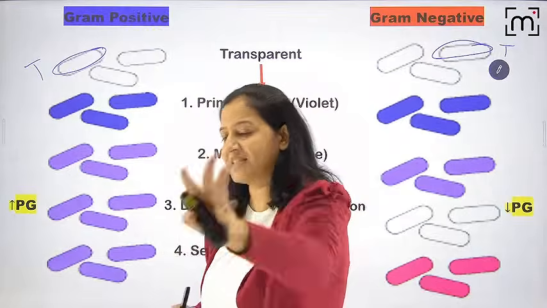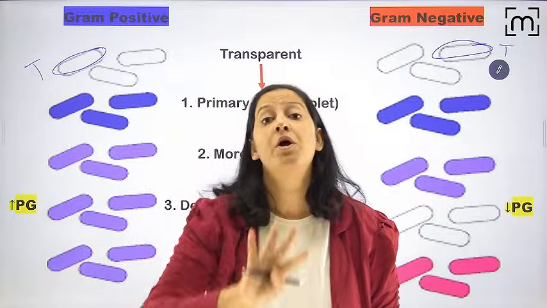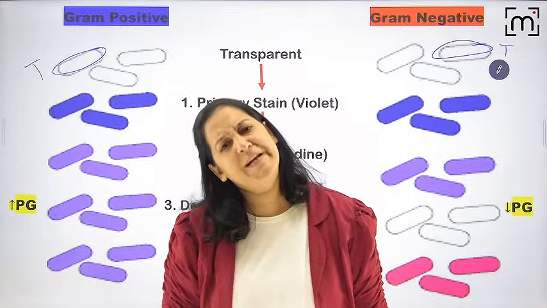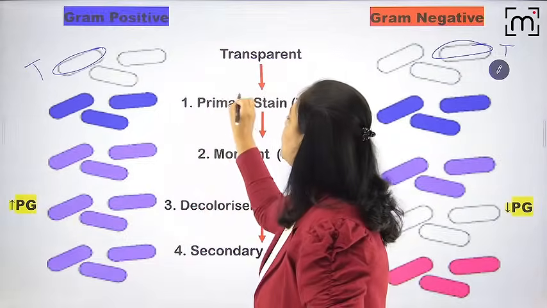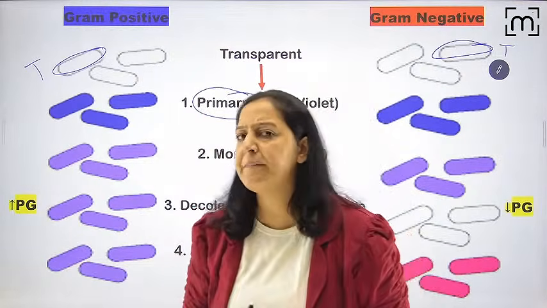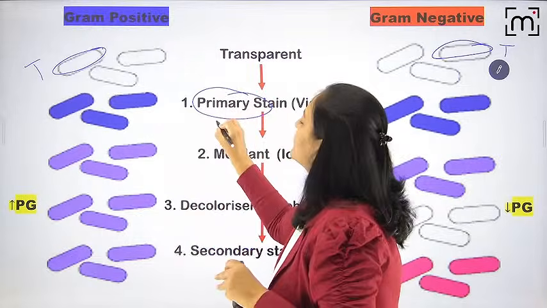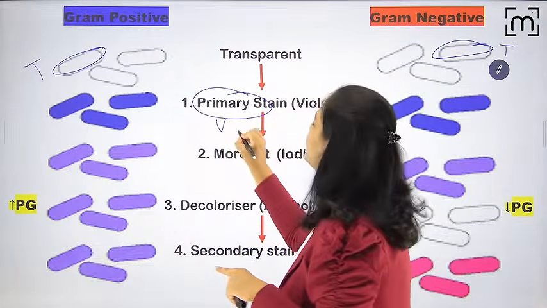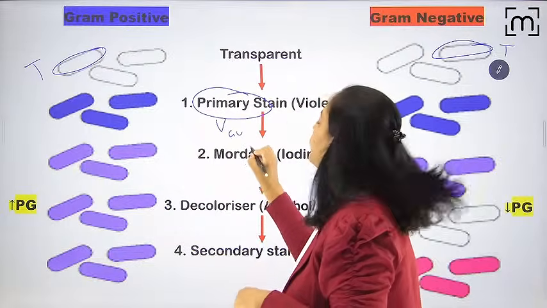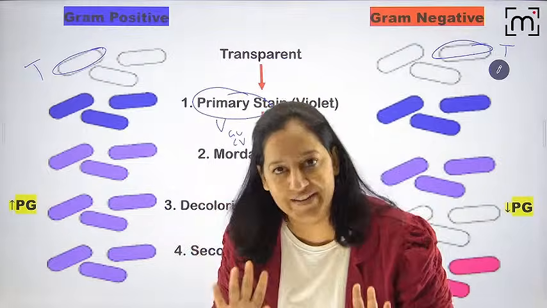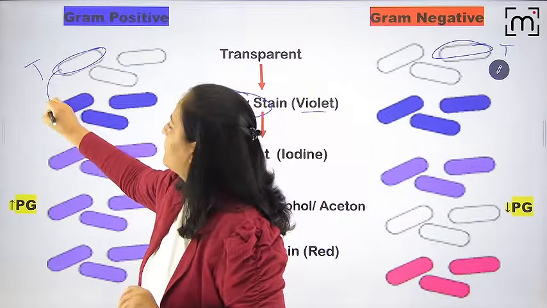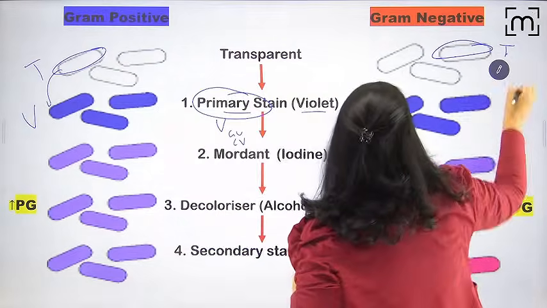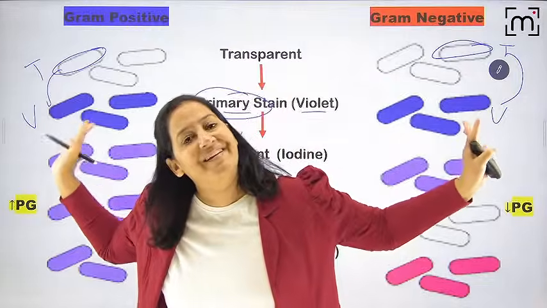Okay. Now there are 4 steps in Gram stain. And frequently you are asked for sequencing. Please see the 4 steps. Step number 1, use primary stain. You will remember what is primary stain? Primary stain is any stain which is violet in color. It can be gentian violet, it can be crystal violet, but it has to be violet. So if you give a primary stain which is violet color, it will pick the violet color and become violet. It will also pick the violet color and become violet. So now both the bacteria are violet.